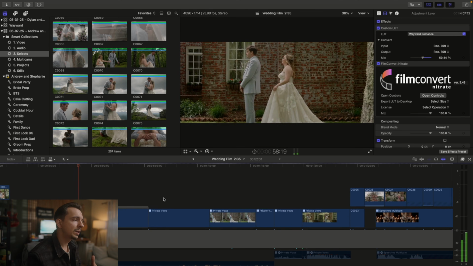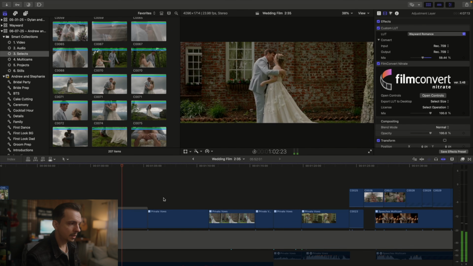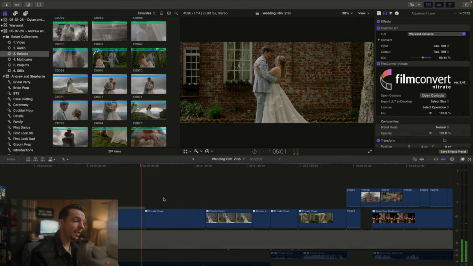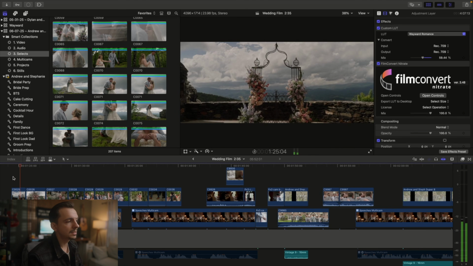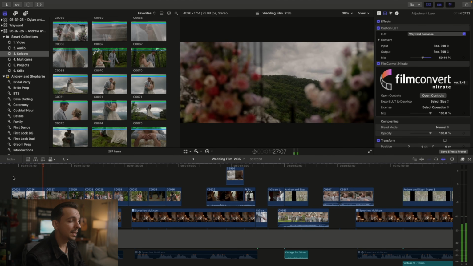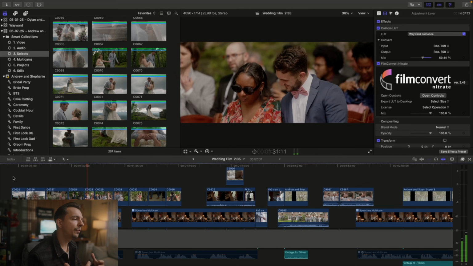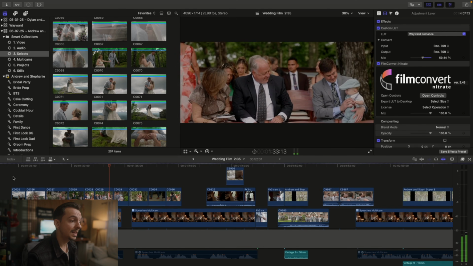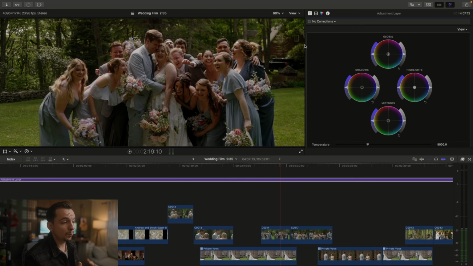A good rule of thumb when it comes to B-roll is to follow the day in chronological order. Start with the establishing shots and then move into prep. Go into the first look, the pre-ceremony moments, the ceremony, the portraits, introductions, dancing, and then the send-off. This way you follow a simple path forward, and then you can play around with the order once everything is laid out. And then once you have your B-roll, we move into color grading,